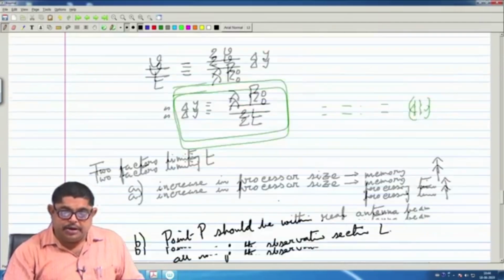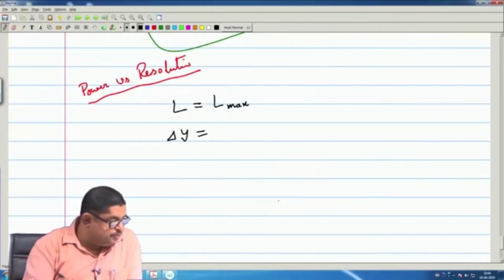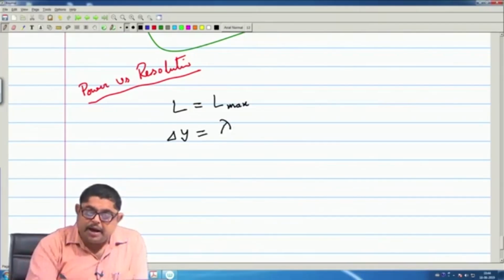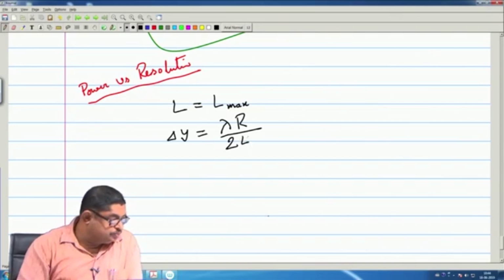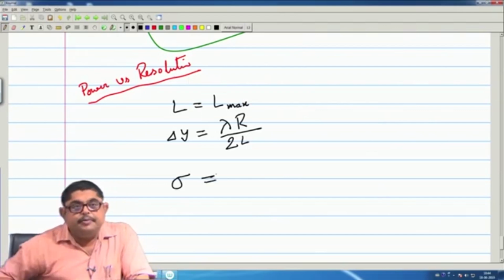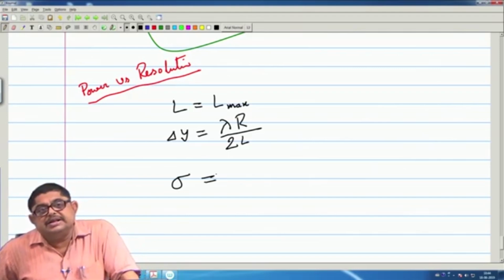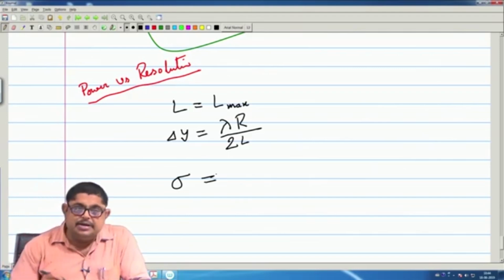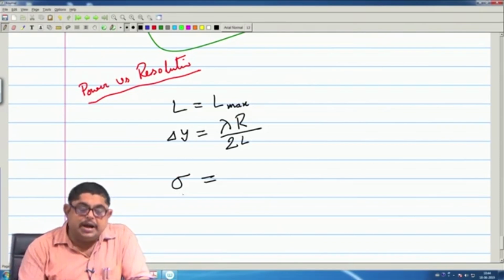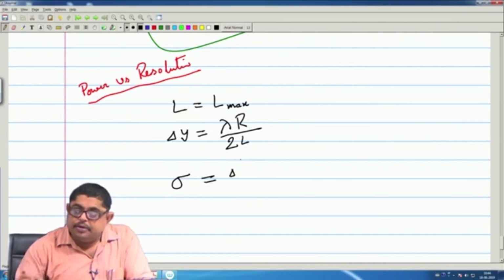So, that is why I rewrite that delta y is lambda r by 2L, and also here I say that for ground, actually people have found out something called emissivity, which is related to the RCS of the ground by this thing, that if you suppose you have this ground